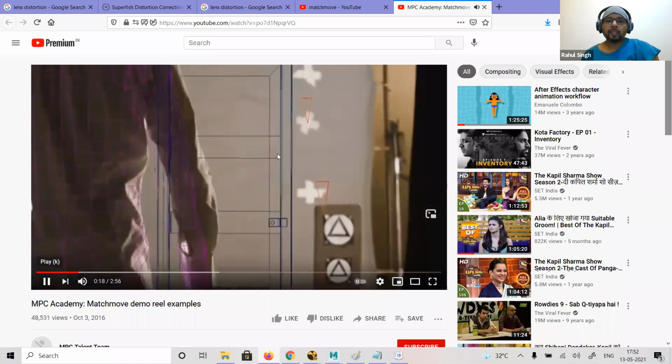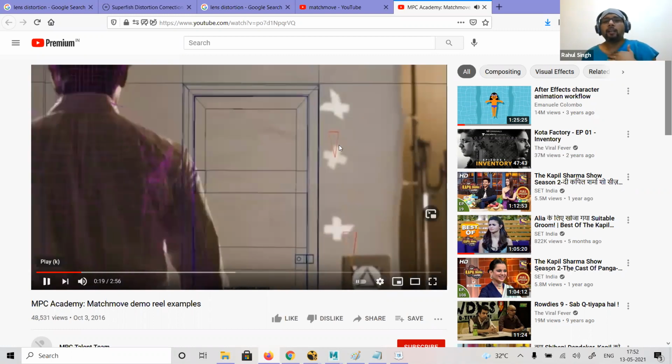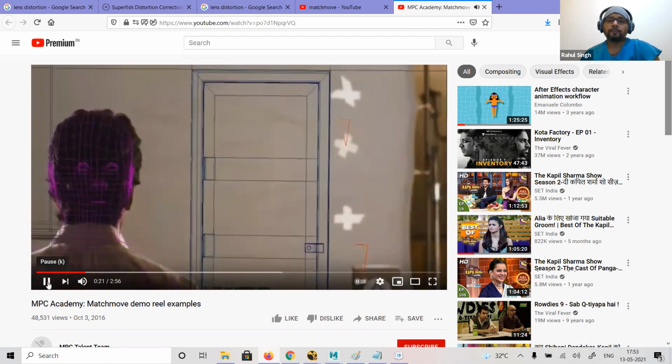And all these cones you can find are what we call helpers. Like, okay, we want to track it, so we put this cone just to find out whether my point is moving or not. So these are the test objects.